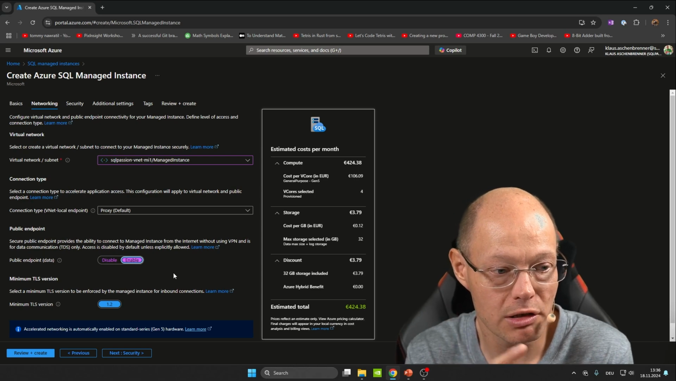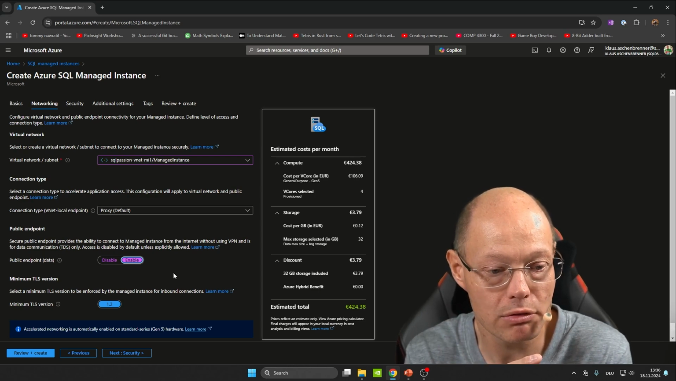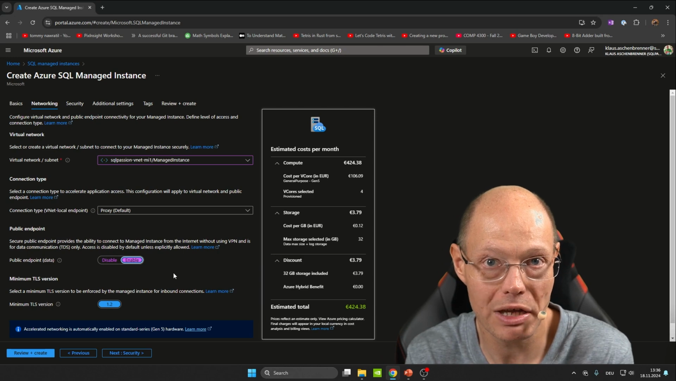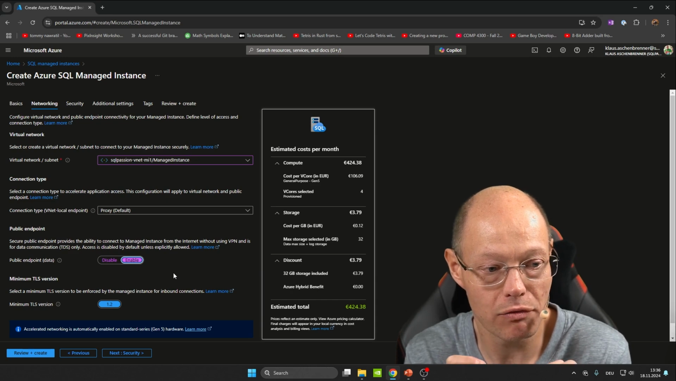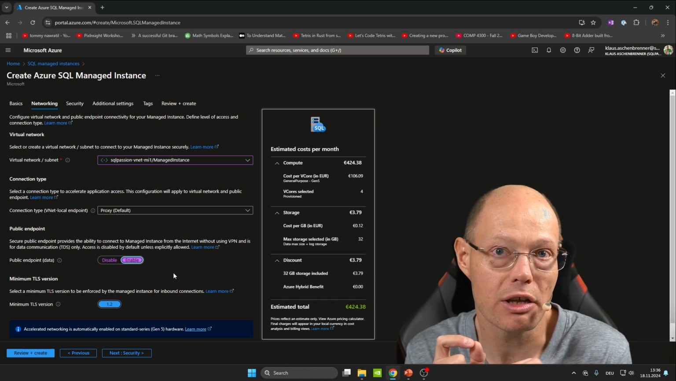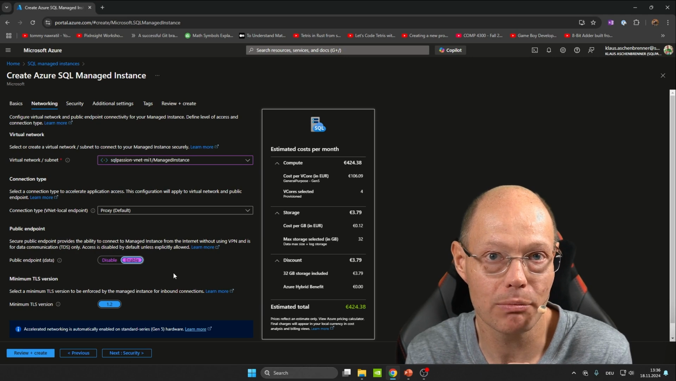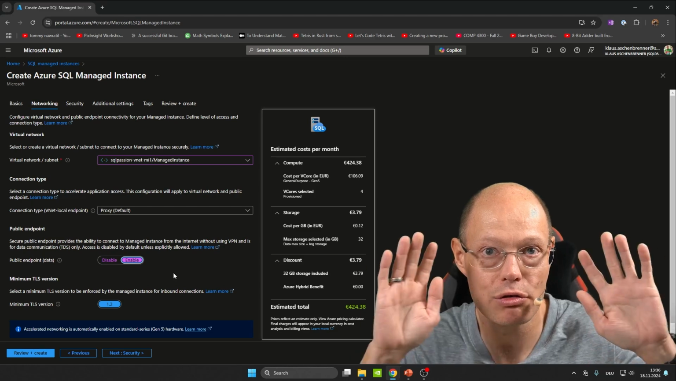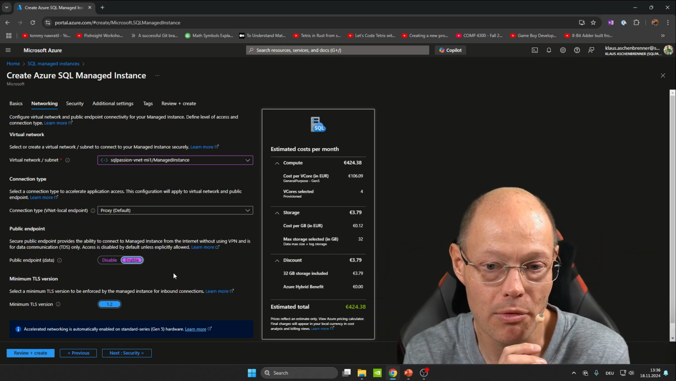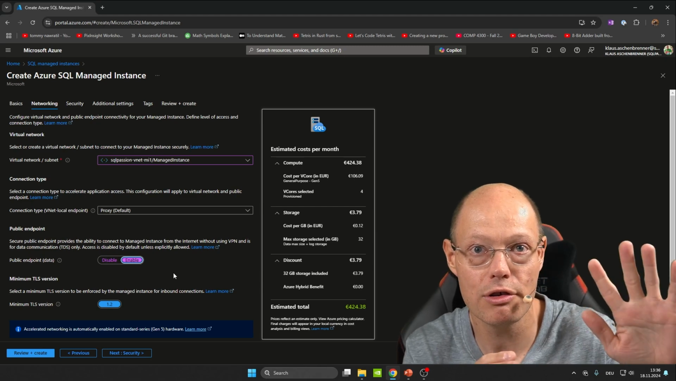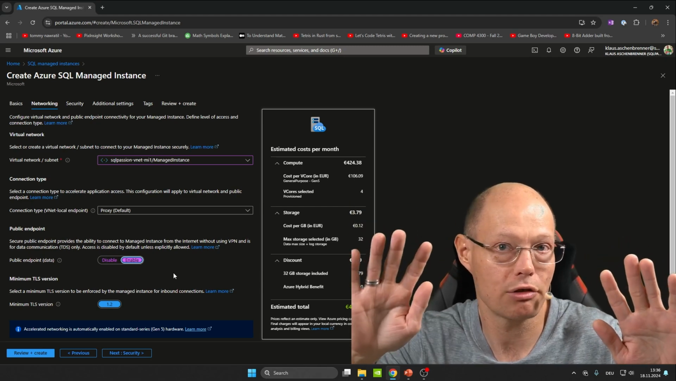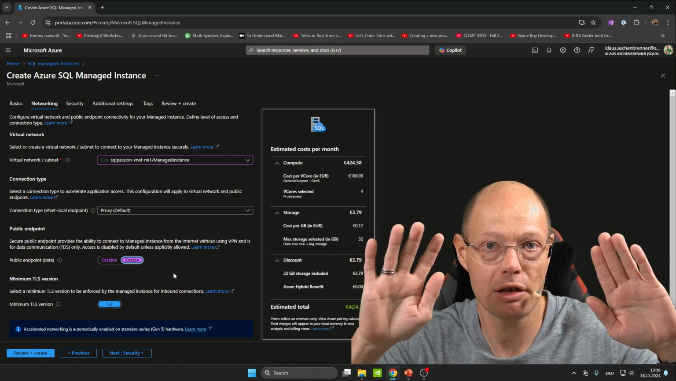But trust me, this is not a very good approach, because everyone can access your managed instance, and in addition, some features are not working without a VPN connection. For example, you can define a failover group between two managed instances. I'm always demonstrating that by deploying one managed instance in North Europe, another managed instance, for example, in Sweden, and then you can define a